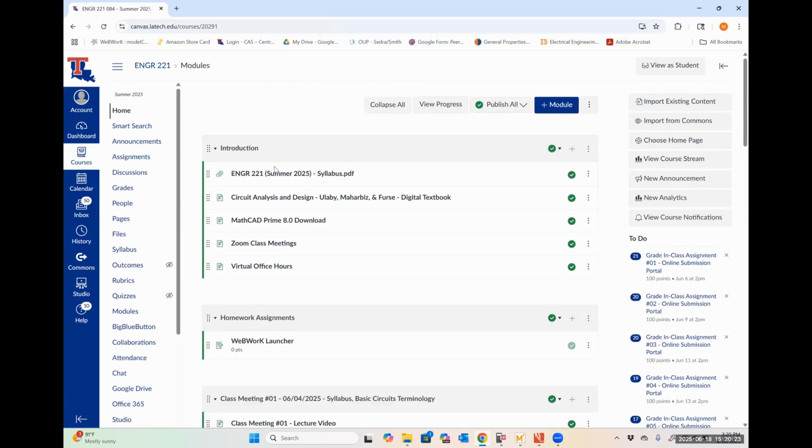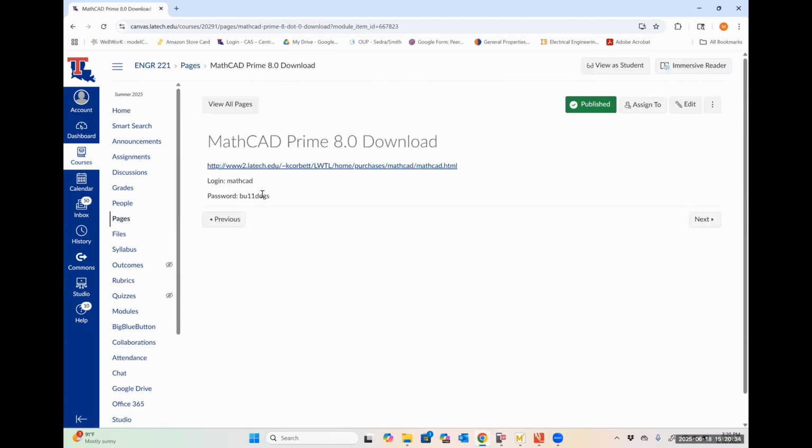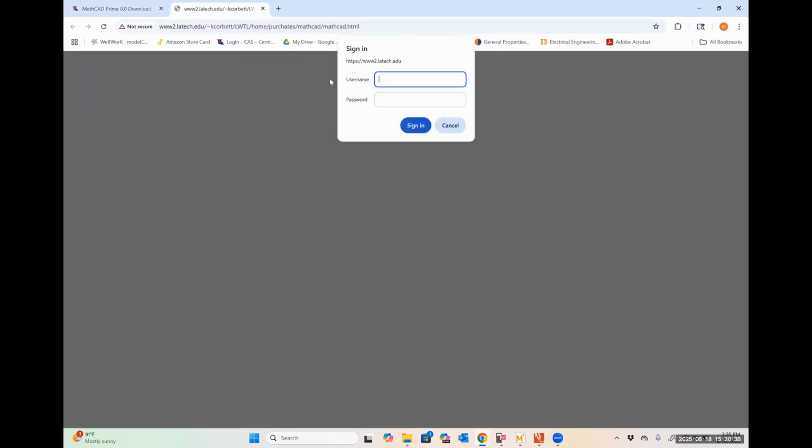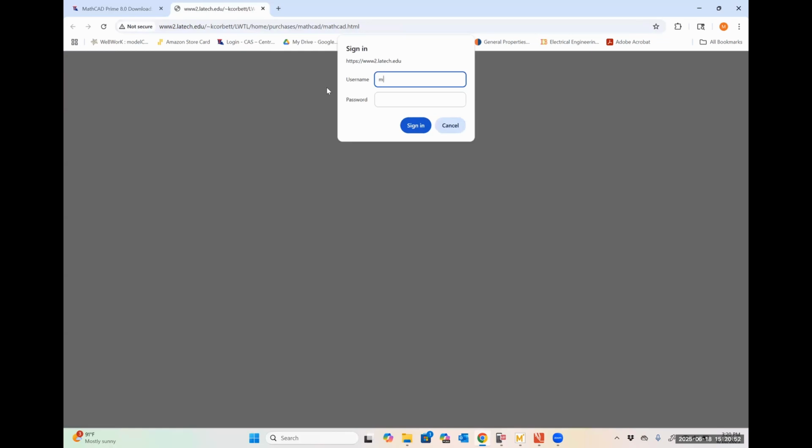Yeah, so right here underneath the introduction section, there's a link to download MathCAD Prime 8.0. If you click on it, it brings you to something else. So if I click on this link right here, it's going to ask me for a username and password. The username and password are given right here. It's just MathCAD and then Bulldogs, where the L's are replaced by the letter 1. If I just type that in,